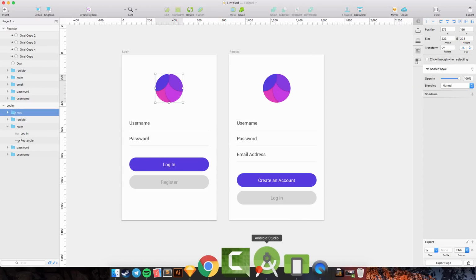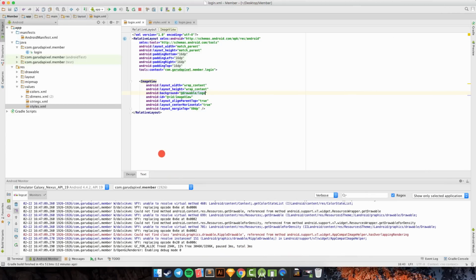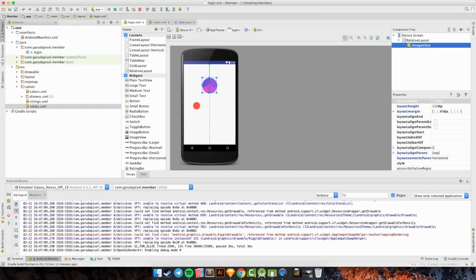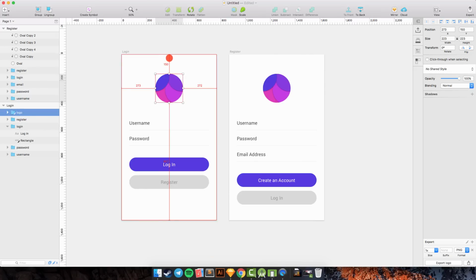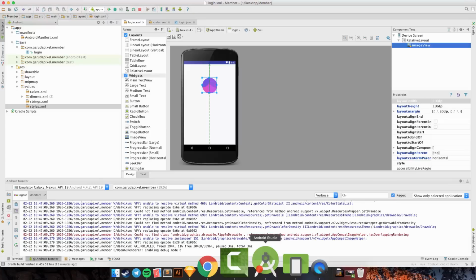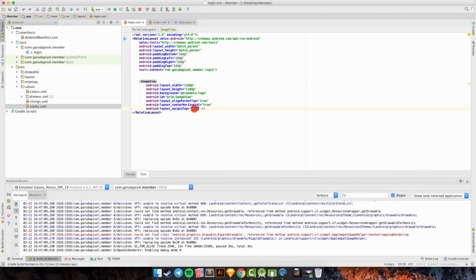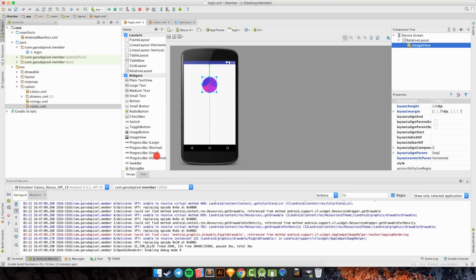We can change to 100 dp, so I will change the height to 110 dp, and this 110 dp. Okay, and we can see the margin top, it's 150, so we can change it in dp to 75 dp. Okay, so this is our logo.